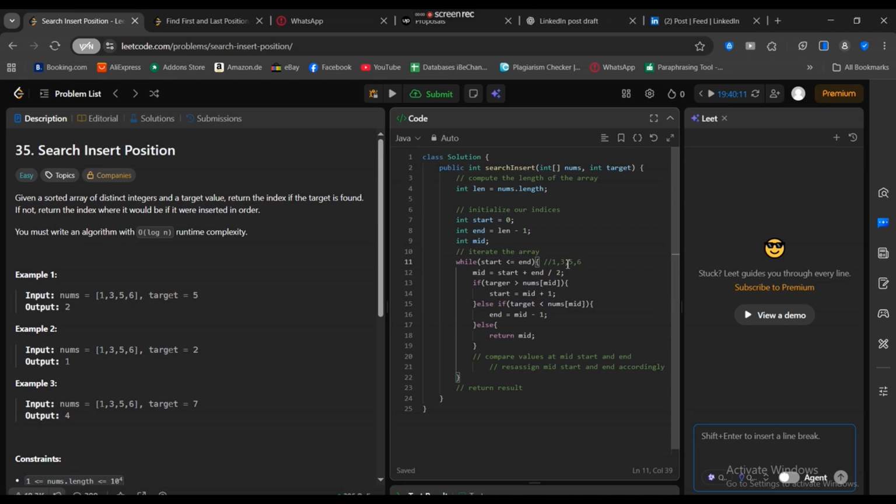So the first time, it's going to cut this part out because yes, target is greater than 3. So it's going to cut that part out and initialize that. And then it's going to ask, is target greater than nums mid? Nums mid, and that will be the new mid, obviously. Nums mid, no. So if that's not mid, then start will be equal to... it is no, so it's not going to go. Is target less than nums mid? Yes. So it's going to put end equals to mid minus 1, which is